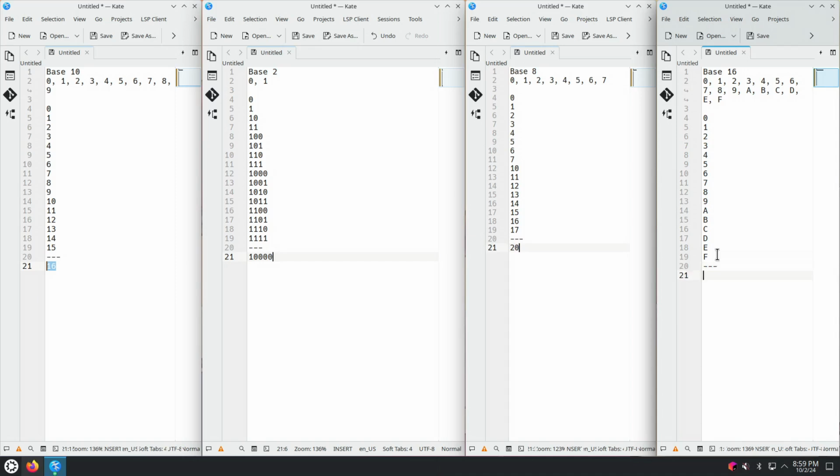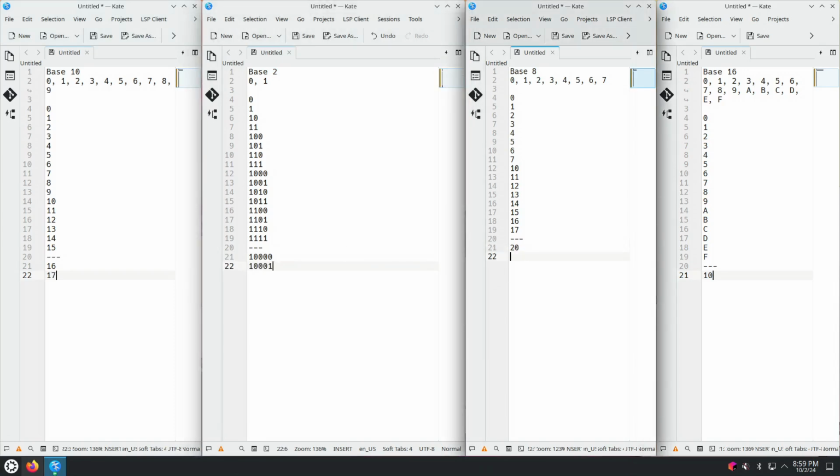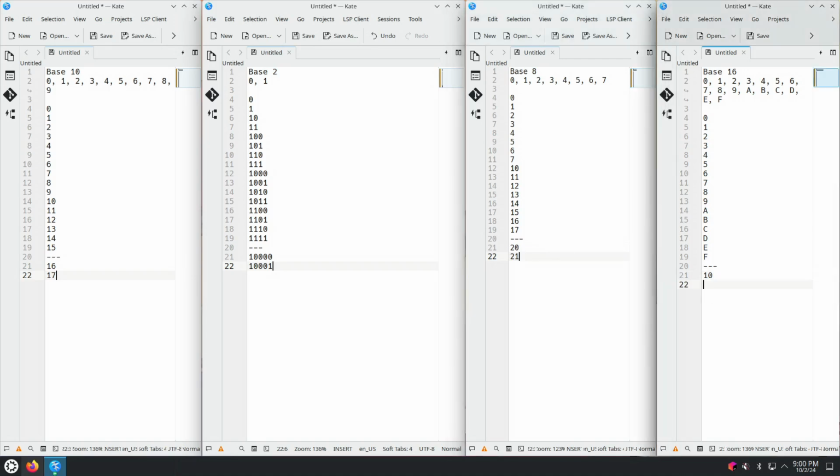And in this one, we get the largest digit, F. So the next one will be the smallest two-digit number, which is 1, 0. Let's put a 17, and we'll probably stop because it's getting very long. But you, with a piece of paper and a pen, should always know, no matter what,